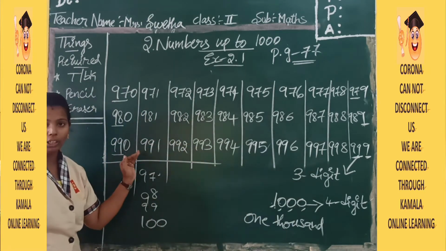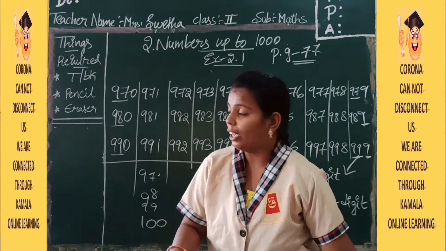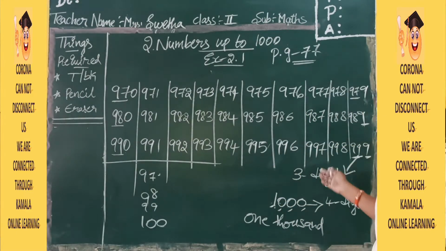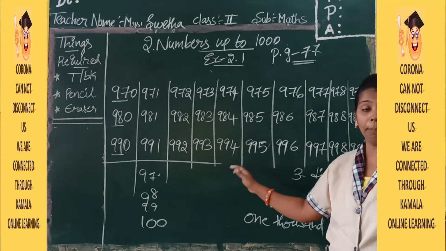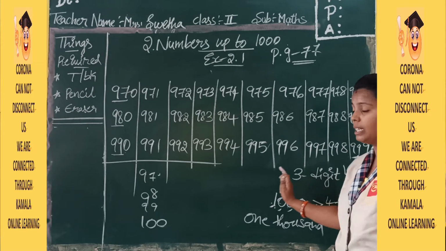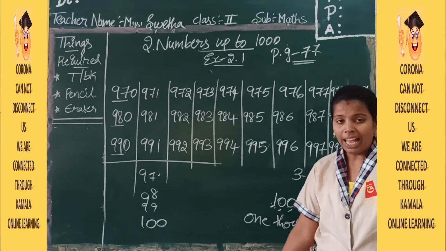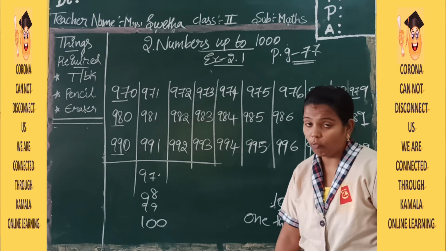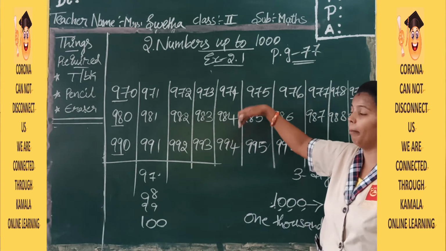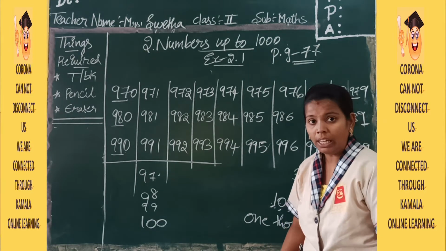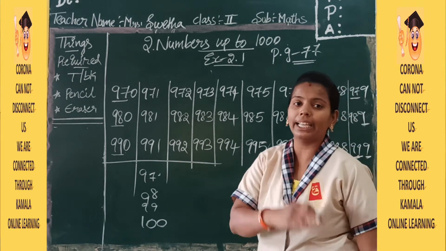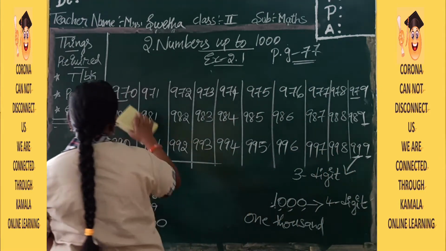Okay, this is about your number grid. Yes, so I hope you have understood about this 3 digit and 4 digit and you have copied these numbers. No, you can copy these numbers still in your term book. Okay, and I have explained the homework also. The above number grid is for homework. Okay, now we will move on to the next, second bit and third bit. Okay, children.